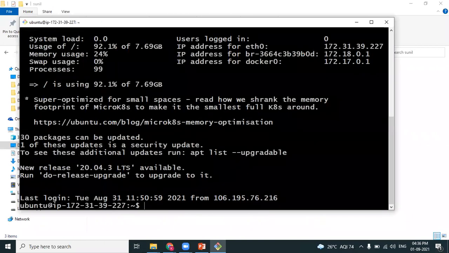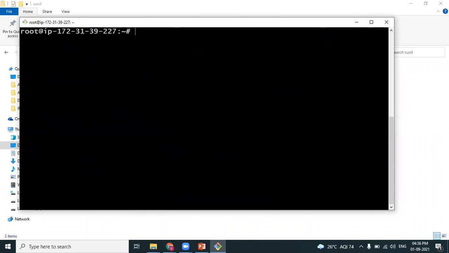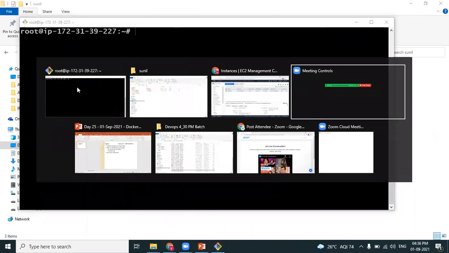You are connected to the Docker host. Always switch to the hash prompt. Yes, we are now switching to the hash prompt. Okay, let's move on.